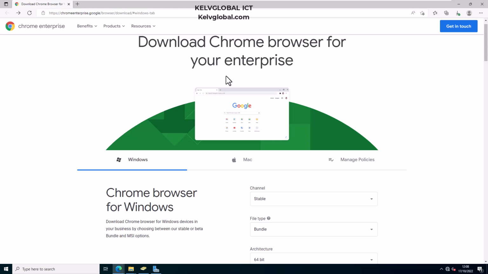In this video, I'll be showing you how to import Google Chrome ADMX and ADML into your group policy. We will actually be using the centralized storage to store our ADMX and the ADML. So what you want to do first of all is to go to the download page of Google to